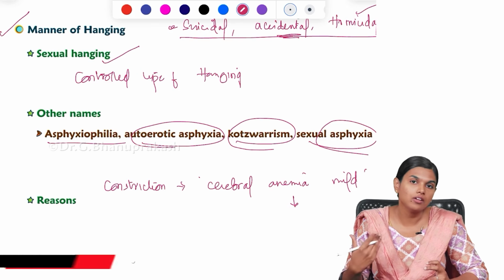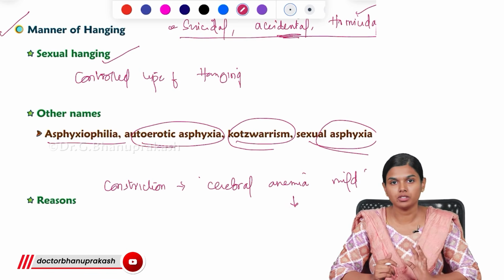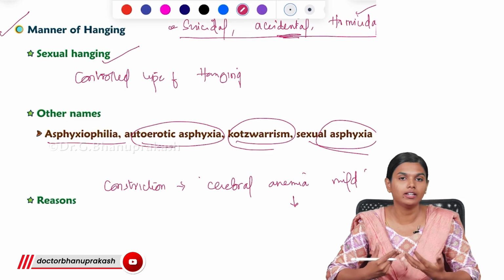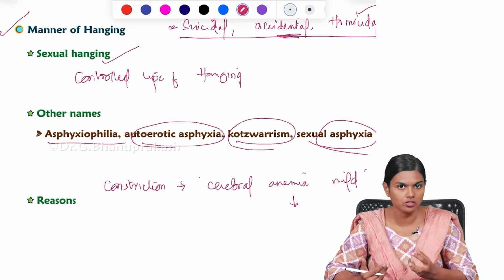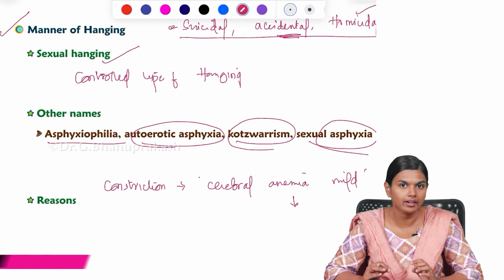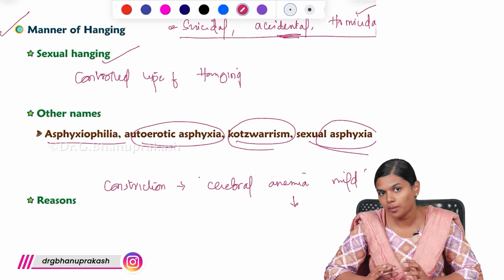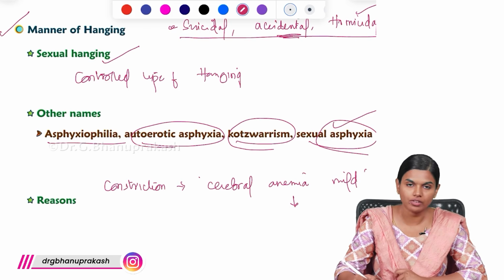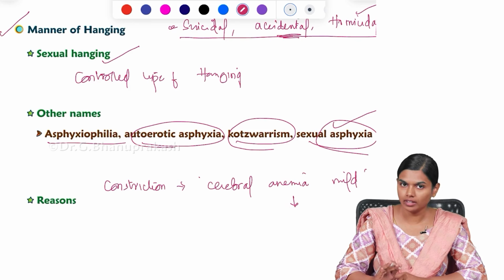But when unfortunately this control is lost, they will hang themselves. So, this hanging, when it is not intentionally done, they did not do it to kill themselves, they only did it for this hallucination, this erotic feeling they did, but still they are getting hanged accidentally, right? So, these type of hanging, we call it as asphyxial, like sexual asphyxia or accidental hanging. So, this is your sexual hanging.